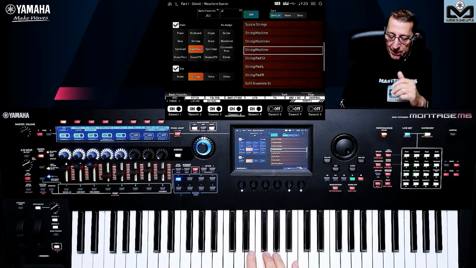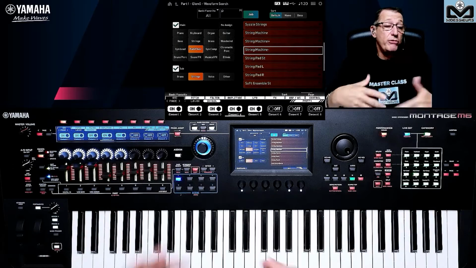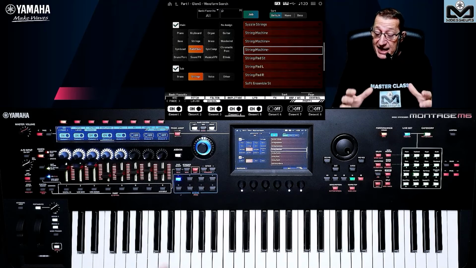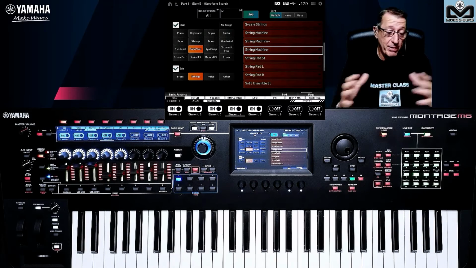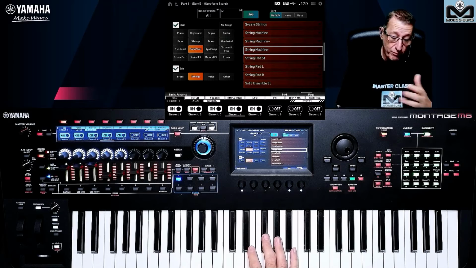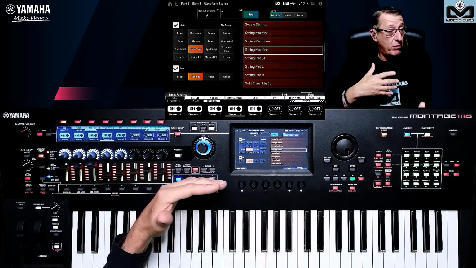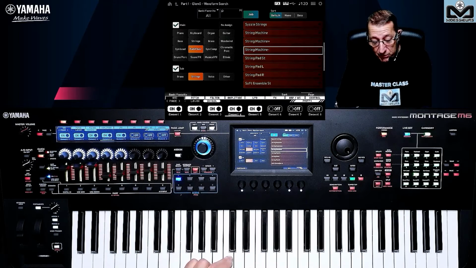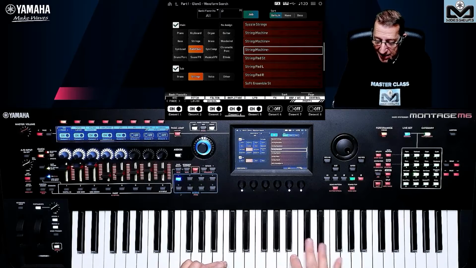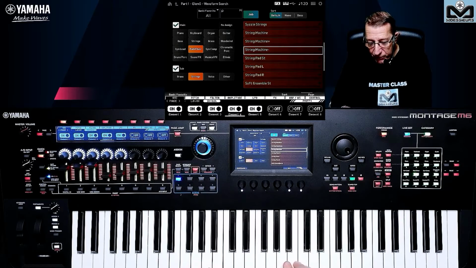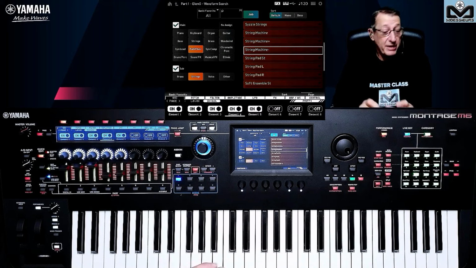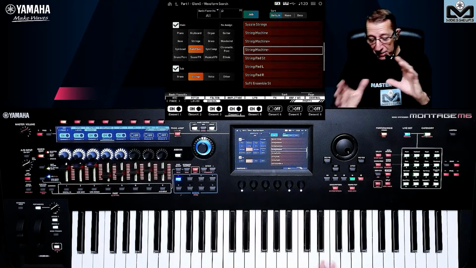But as an example, we do not sample all. Even if you work with Sample Robot, you do not sample all the notes. It's too huge. Even if we have a nice 10 gigabytes now on the Montage M, you cannot sample all. So we are going to miss some notes to keep more length and more size, okay? And perhaps the standard is to sample in normal way this one, the C, the E, the G, and the B, like that. And for the others, you pitch a little bit to fill the empty space, I would say, in an easy way to translate from French to English for me.